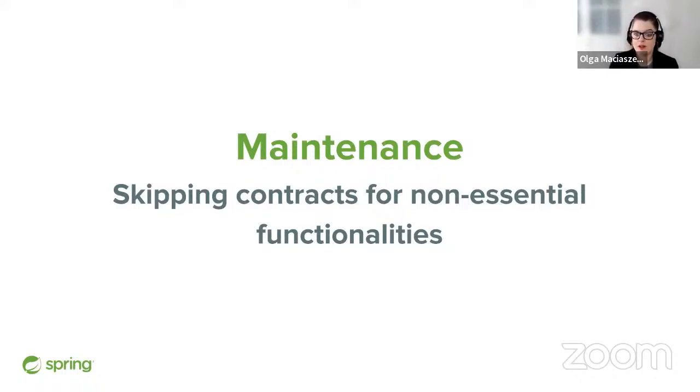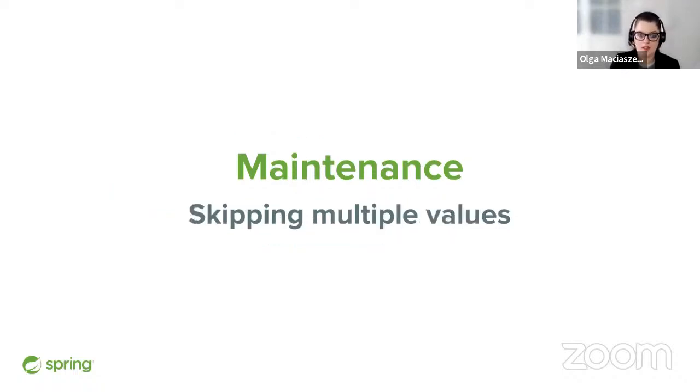But sometimes you have very robust APIs. And if you have an endpoint that doesn't do anything that is business critical, like it's very rarely used, and your company has earned $1 on that functionality in all year, maybe you don't want to be maintaining contracts for that endpoint. Also, you can skip multiple values because, again, you are not trying to test the logic, only the